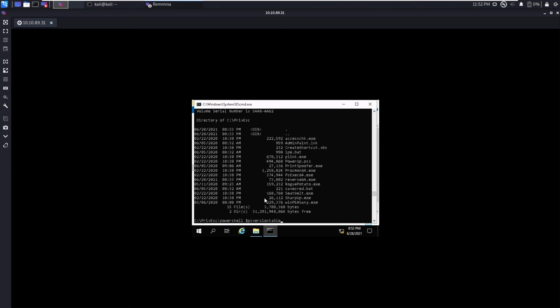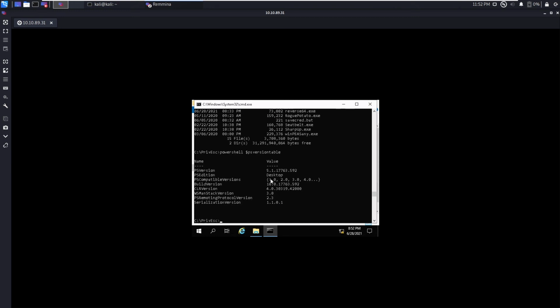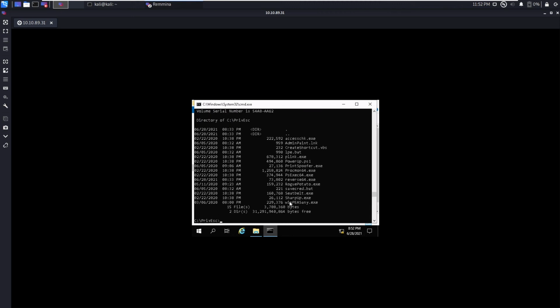So this will give you the latest version and also all the compatible versions. So if you have PowerShell installed, I will show you one script, that is PowerUp.ps1. If you go to Google, you can search for PowerUp and you can download the script. In this folder they have provided all the files. So this is the PowerUp.ps1. So I will show you a one-liner to execute all the functions in PowerUp.